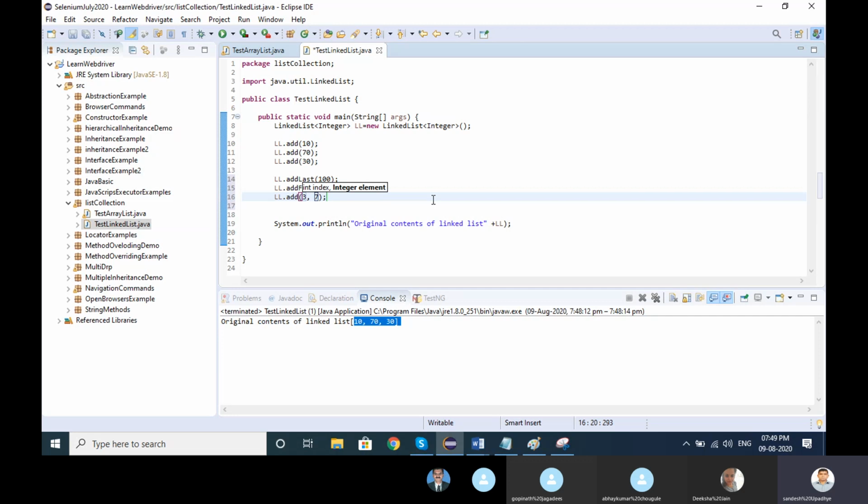What happened to the original content? Now check.